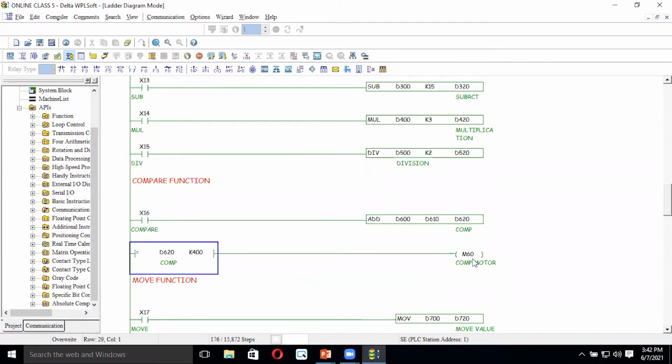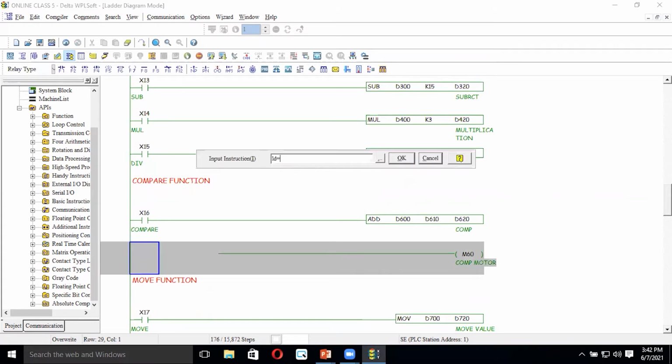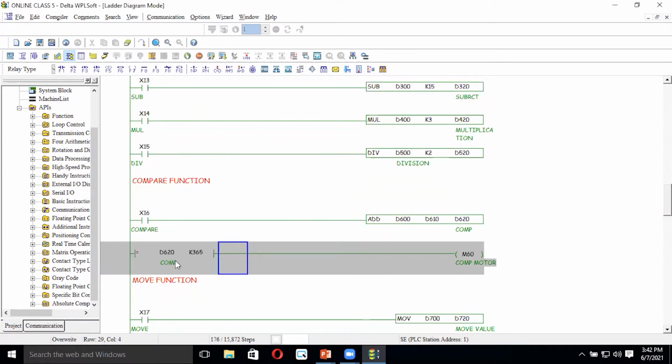For the comparison, first I need to delete this. Just LD equal to, or greater than, or whatever you want. D620, I'm using. If equal to K365, if the D620 value is equal to K365, the output M60 will be on. Already shown in the previous classes.